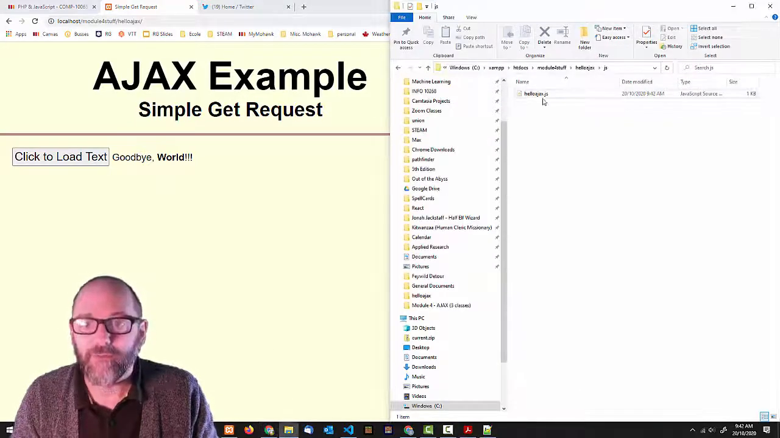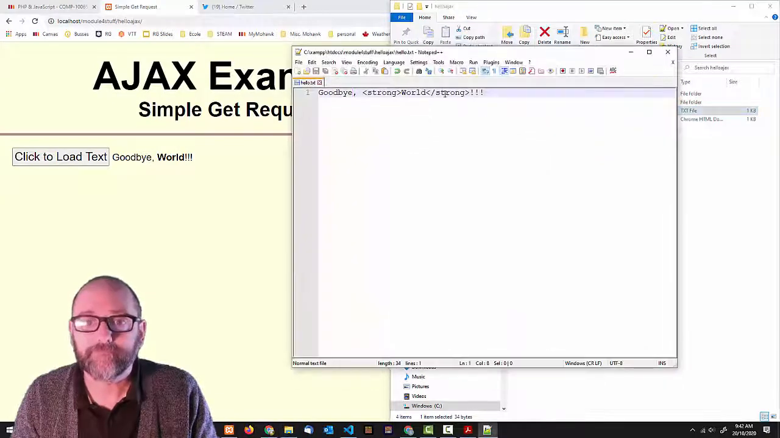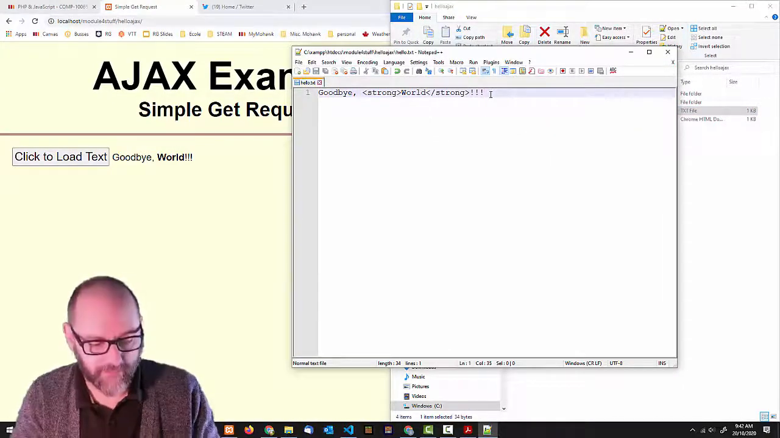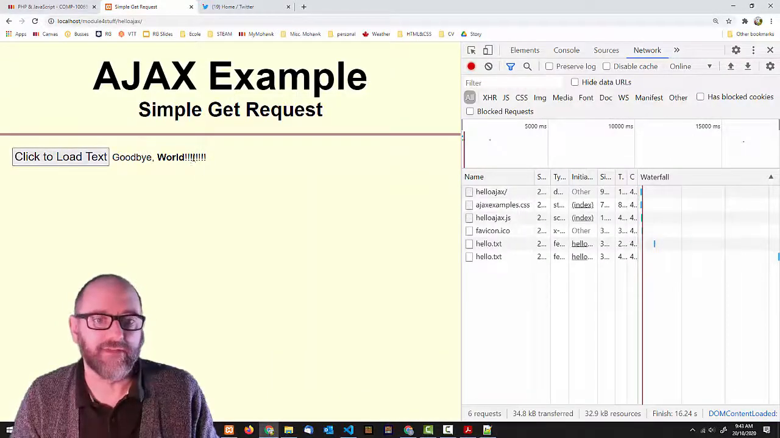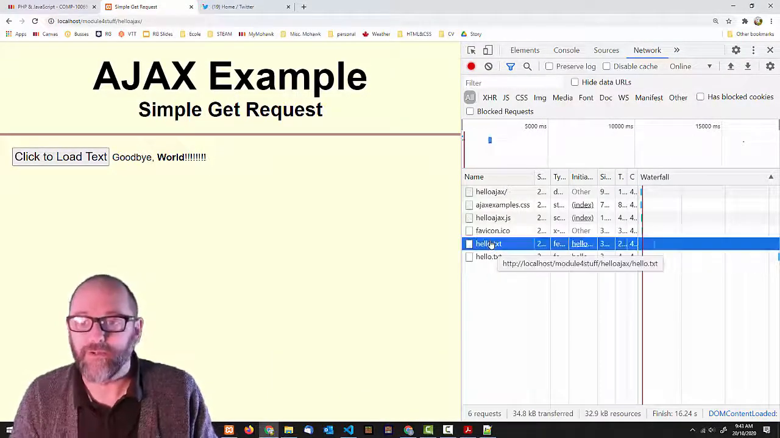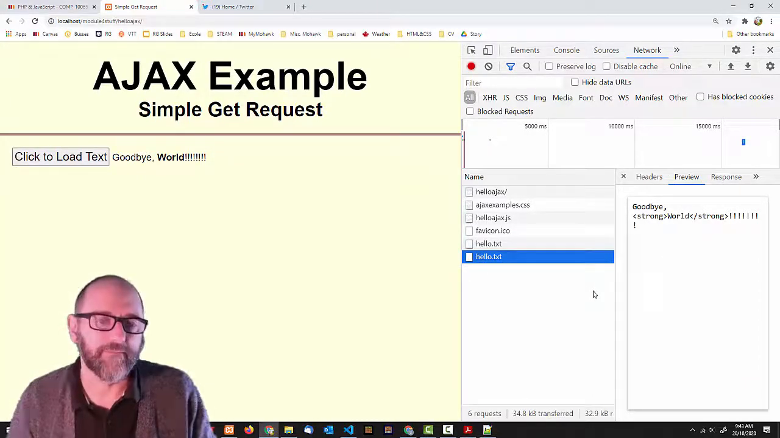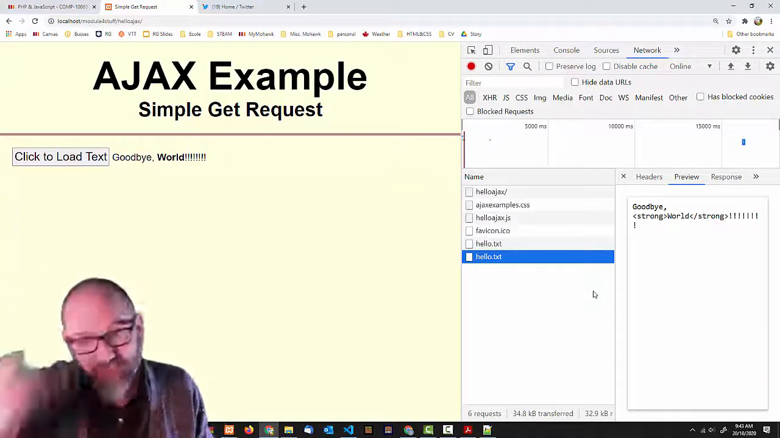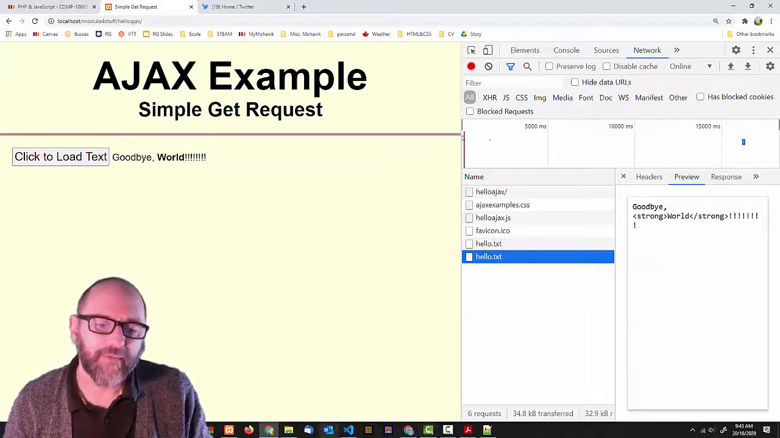So I've got goodbye world now, and if I change it to hello.txt, let's add some exclamation marks here, save the file, press the button again, and you'll see the different file being loaded. So the first time we loaded this, the second time we loaded that, which is a little bit different. Okay, so that's one quick way to fix that caching problem, but most of the time we won't need